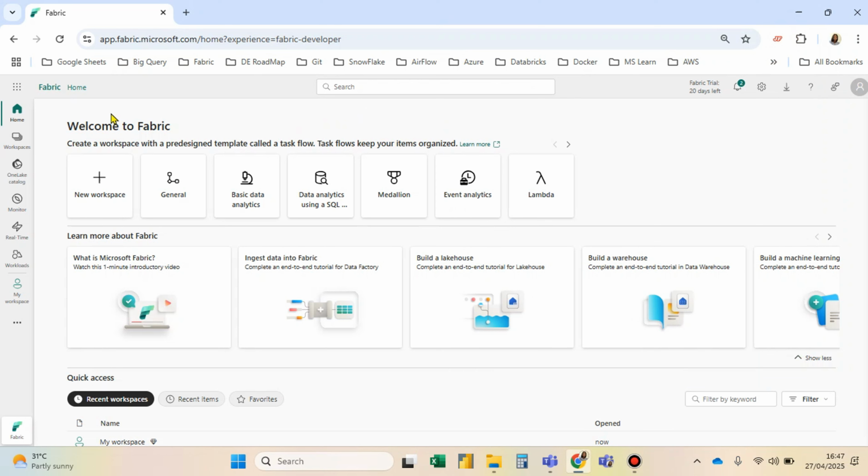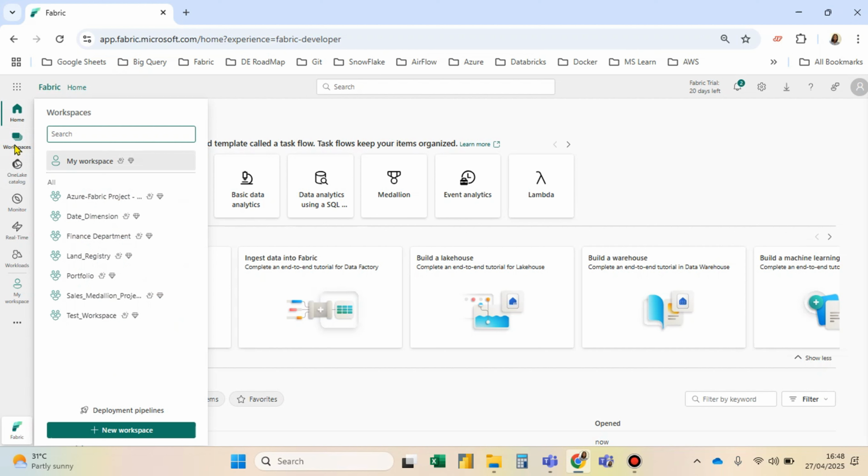Hello guys, I want to actually show you how to create a workspace in Microsoft Fabric. So once you are in your home page, you see this icon that says create a workspace. An alternative option is to use the side panel here where we have the workspace icon. Once you click on it, you go down and you can see the create new workspace icon at the bottom